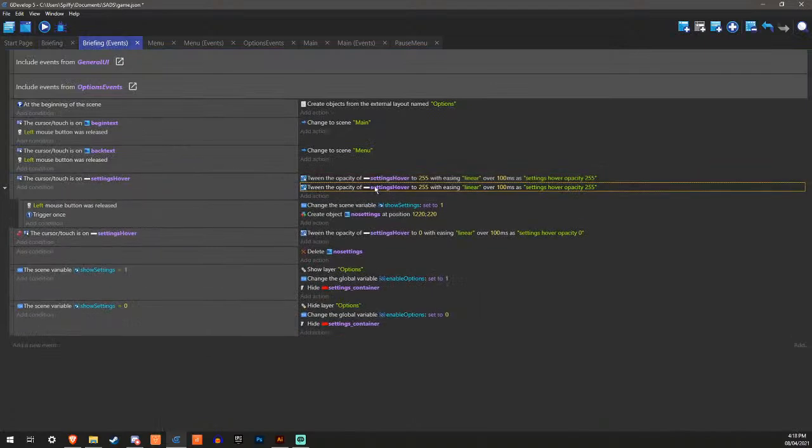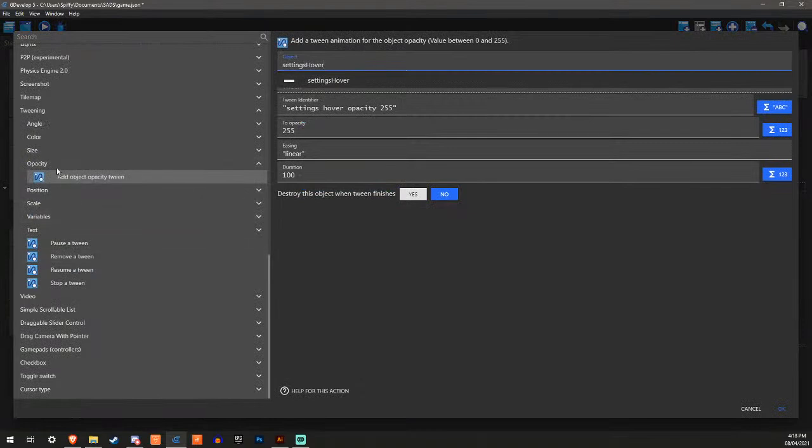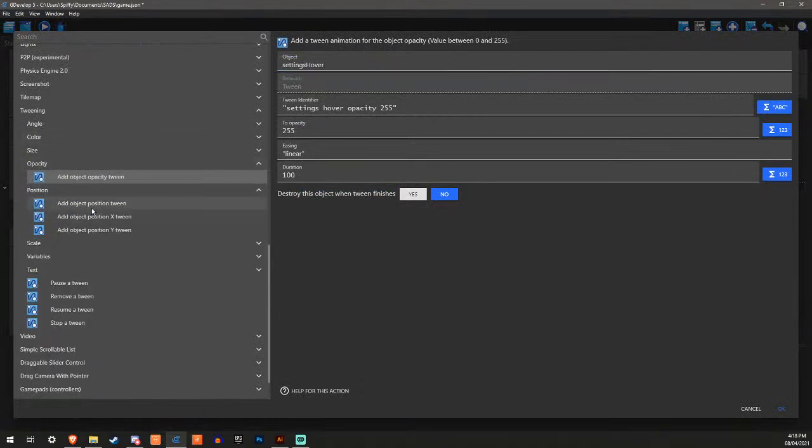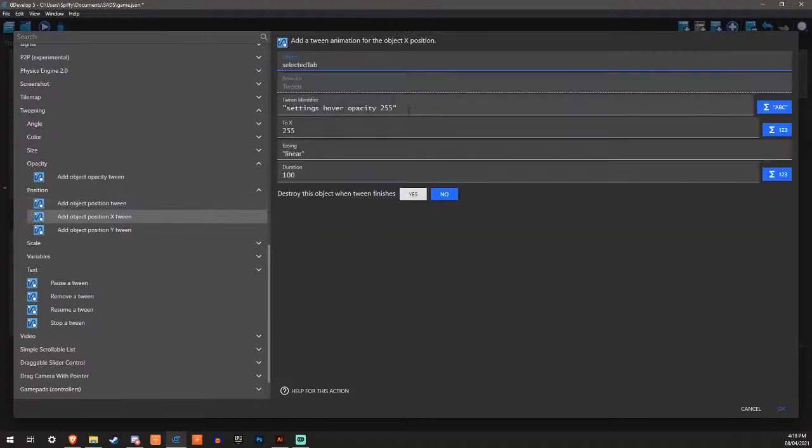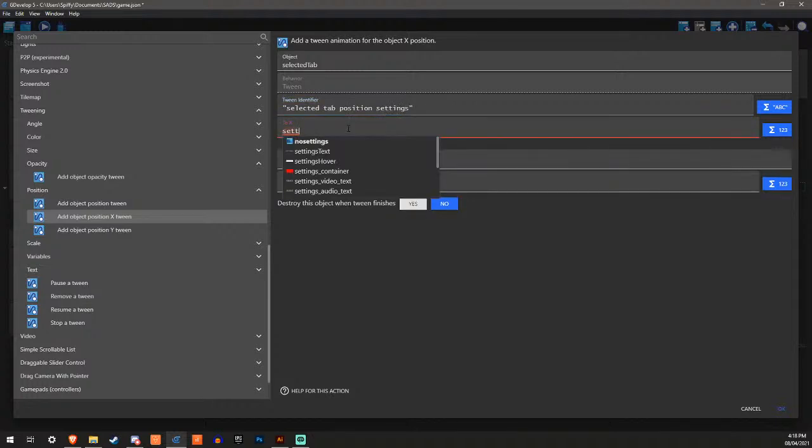Okay, now we're going to tweak the position of to the next position of select tab. Position settings to X is going to be the settings.